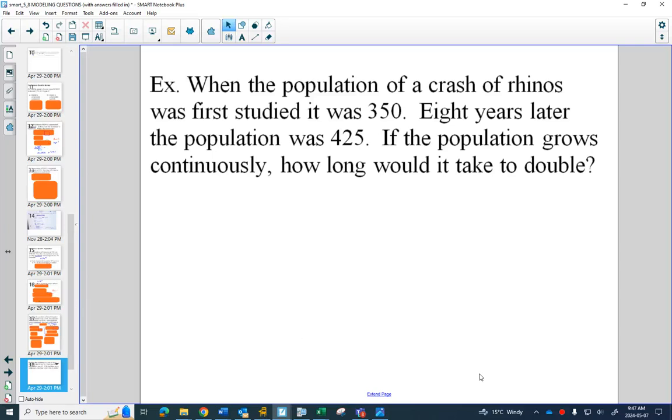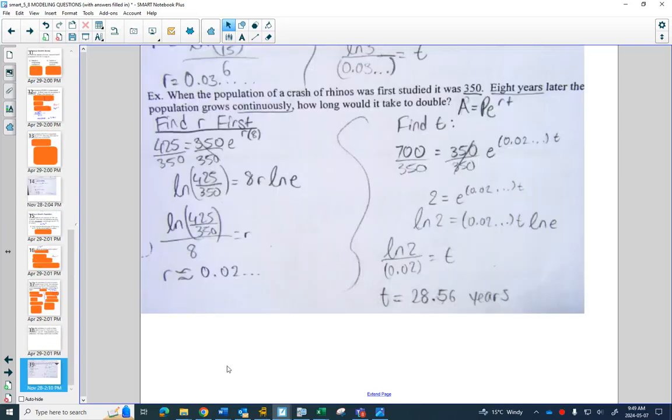So try this one on your own. I'll put the answer up in a bit, and I'm also going to hand back your tests so you can look over them. 28.56 is the answer for